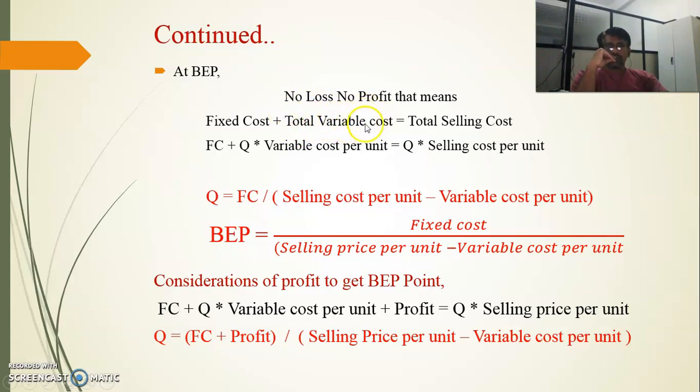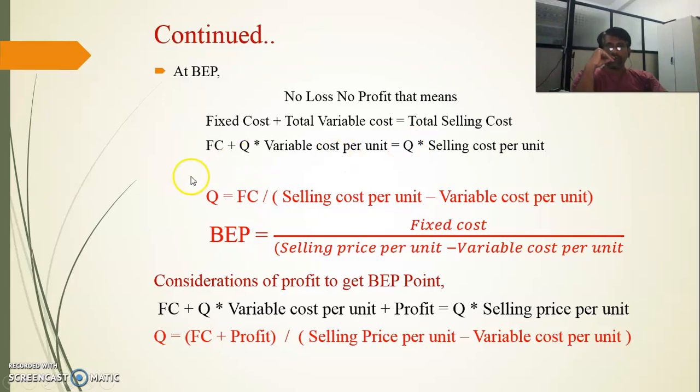So variable cost per unit we are knowing. So variable cost per unit multiplied by the quantity, which will be equal to, again, the selling cost per unit we are knowing, and again multiplied by the quantity. So the formula becomes now fixed cost FC plus Q into variable cost per unit is equal to Q into selling cost per unit. Now this Q will represent us the break-even point or break-even quantity,